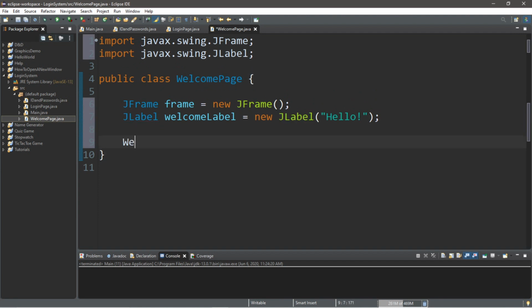Okay, let's work on the constructor next. So WelcomePage, and what we will type within this constructor is that we will add the frame.